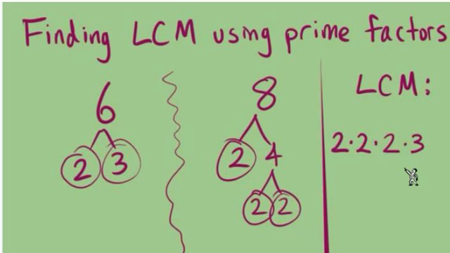The last thing we can choose to do is to multiply all these numbers together. 2 times 2, 4, 4 times that 2, 8, and then 8 times 3, 24. Just giving us that answer that we expected to see, but we're seeing how we can get there in a different way using